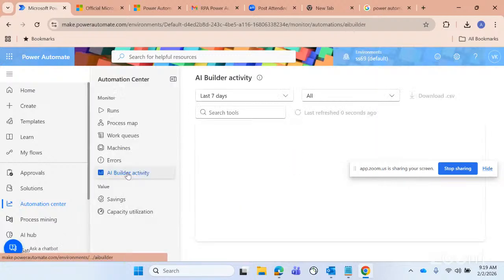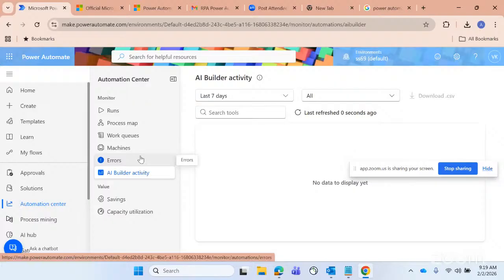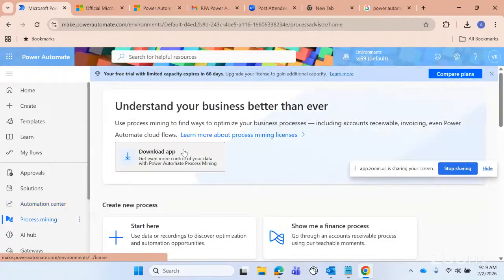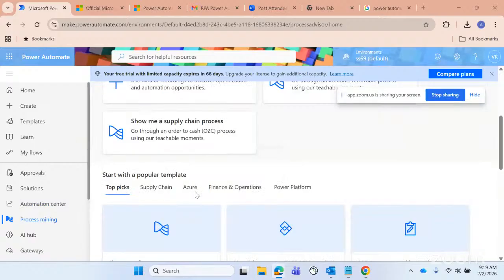AI Builder activities also, because suppose you have some of the activities you have implemented by using AI Builder. If you want to monitor those, you can. Okay, then process mining, anyway we are not going to touch this one. This is a high level one, but we are not going to